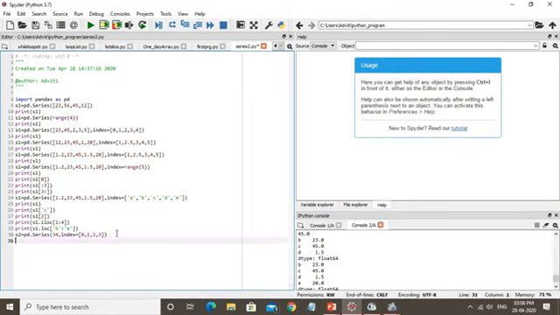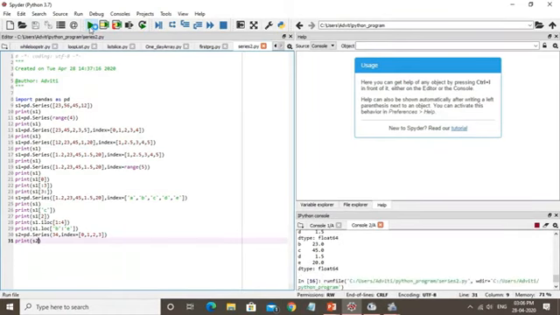Now I am saying print S2. Okay, then check the output. Look here. On the index 0, 1, 2 and 3, all 4 indexes have the same value 34. It means we can store a constant value. All elements have the same value, and the same value with the changed index.